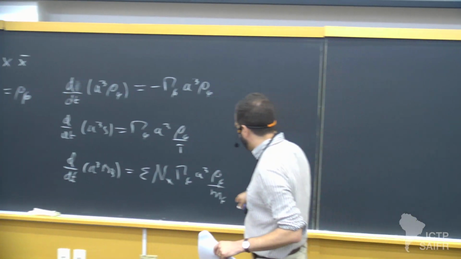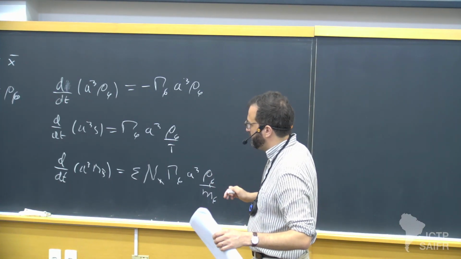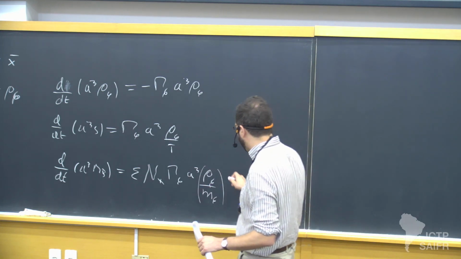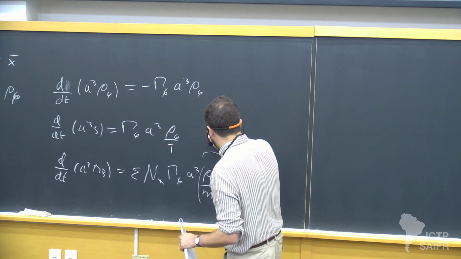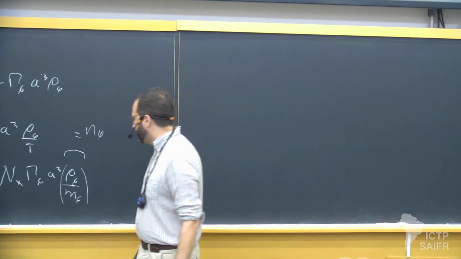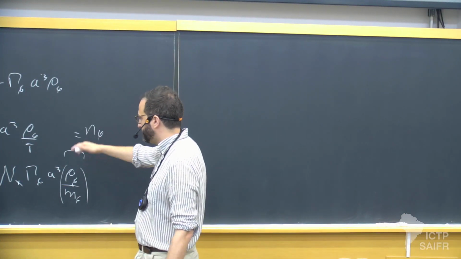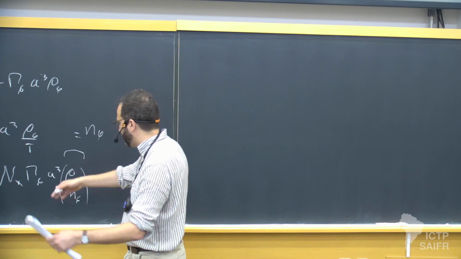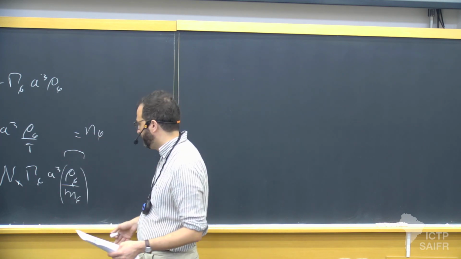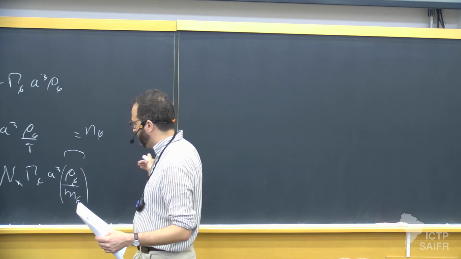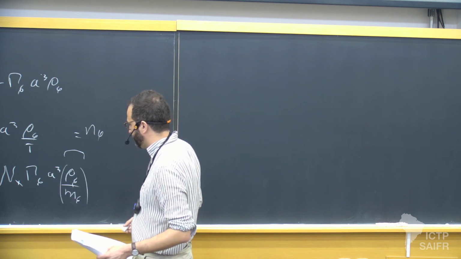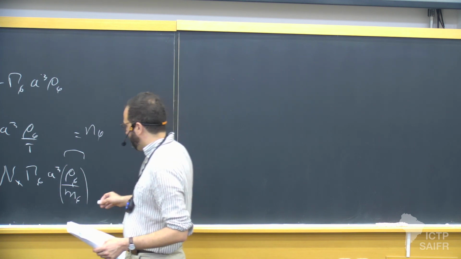So this phi is sort of acting as non-relativistic matter, okay? So this factor here, rho phi on m phi, is simply the number density of the phi, yeah? So what this term is telling us is that it's just like the out of equilibrium decay term that we see also in leptogenesis, but because this thing is so far out of equilibrium, the reverse process is completely negligible, yeah? So you see here this decay,